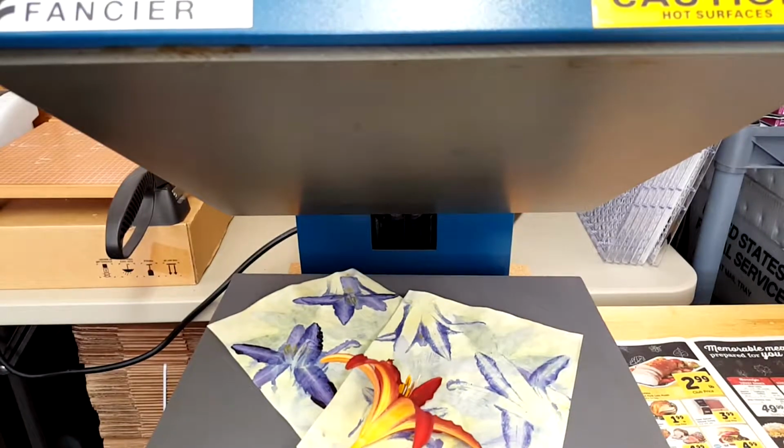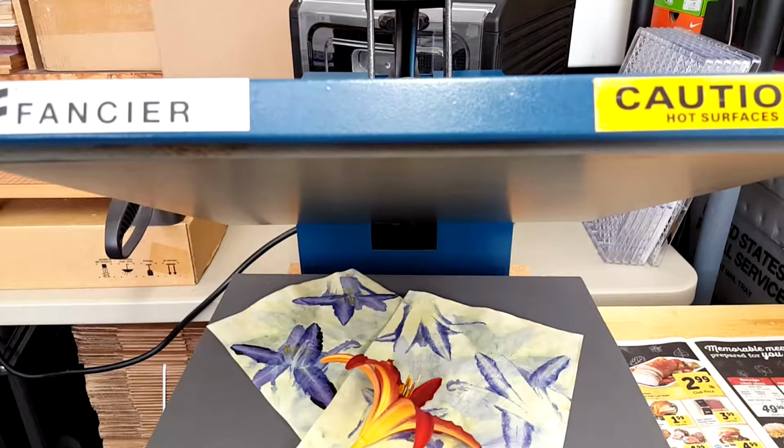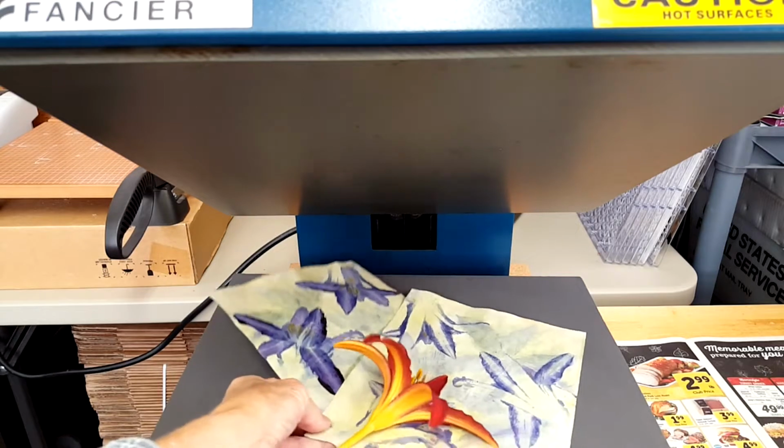As I mentioned in my rose video yesterday, I purchased this heat press, and this is a Fancier brand, about 10-15 years ago. I got it from Pro World, and at that time there weren't a lot of inexpensive heat presses around, because I was looking for an inexpensive heat press, because really I just wanted to do some personal t-shirts and some little projects. I didn't want to have a t-shirt business, so I didn't want to invest a lot of money in one. And then, as I indicated, I had moved and put it in storage, and then there it sat,